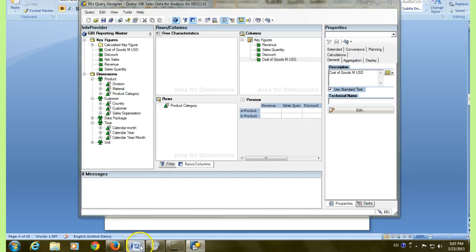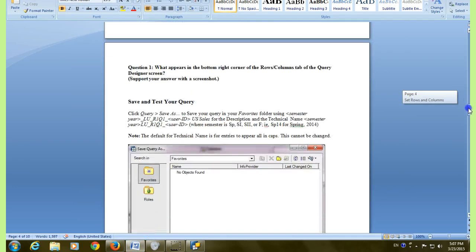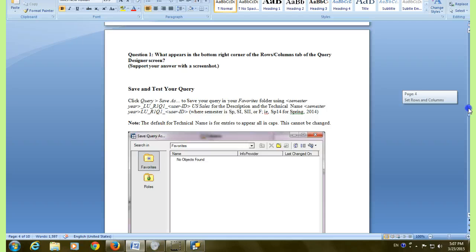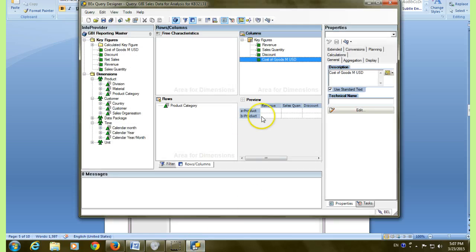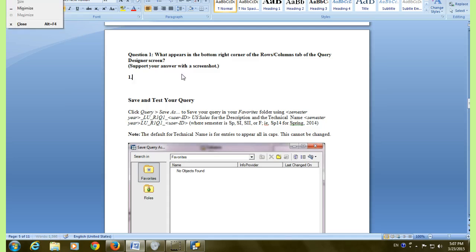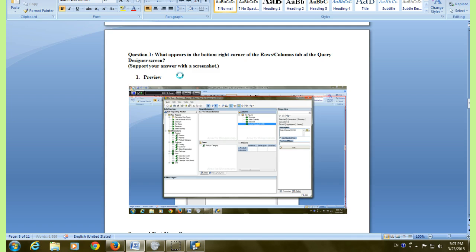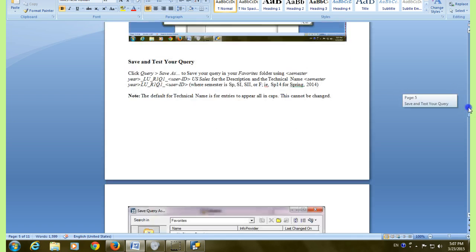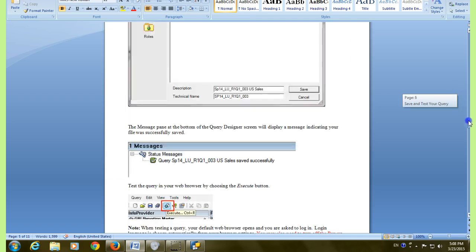Okay. Now question number 1 is, what do I see at the bottom right corner of the row columns tab of the Query Designer screen? So I get a preview, right? I get a preview. So take a print screen, and so answer 1 is, and I paste the screenshot here. Okay, the next question is, I have to